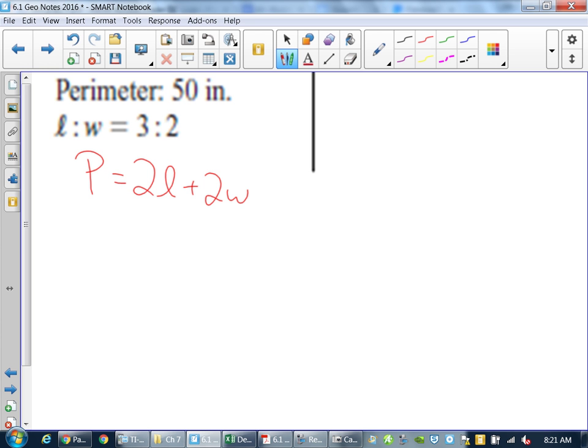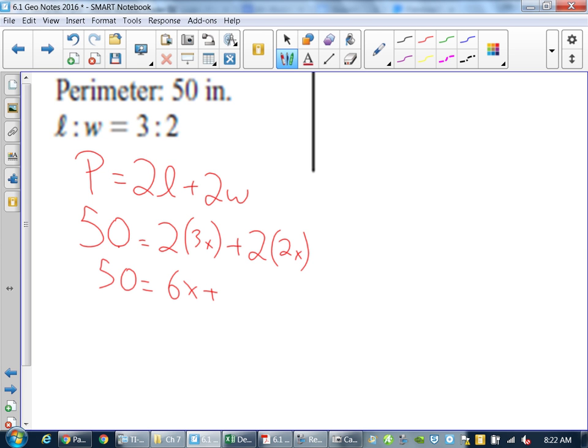Our ratios are 3 to 2. So it's 50 is twice the 3x plus twice the 2x. So 50 is what, 6x and 4x, otherwise known as,